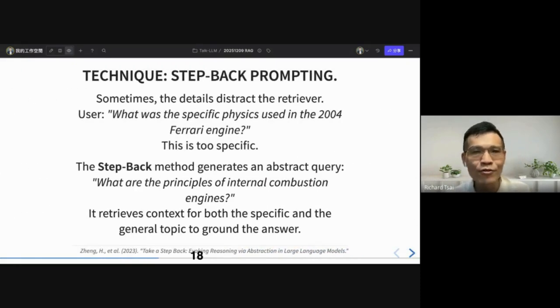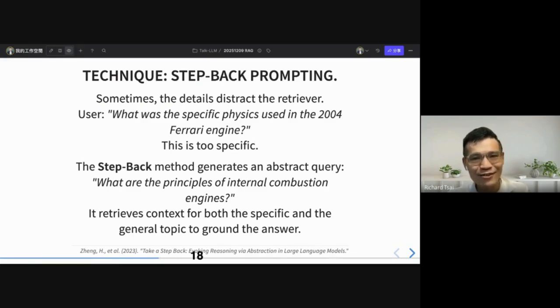Okay, so another technique is called step-back prompting. Sometimes the details distract the retriever. For example, a user may ask, "What was the specific physics used in the 2004 Ferrari engine?" This is too specific.